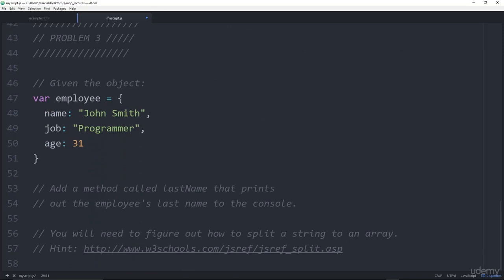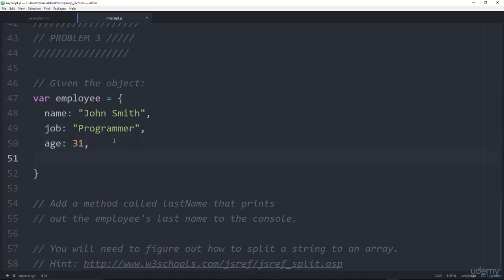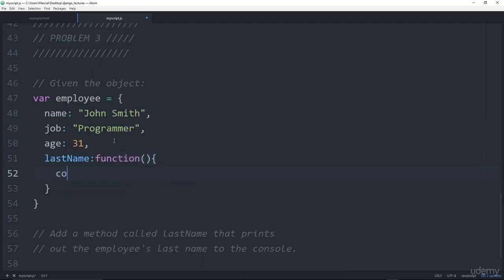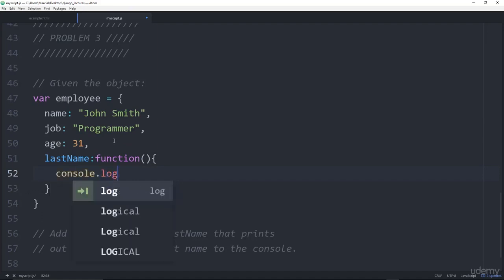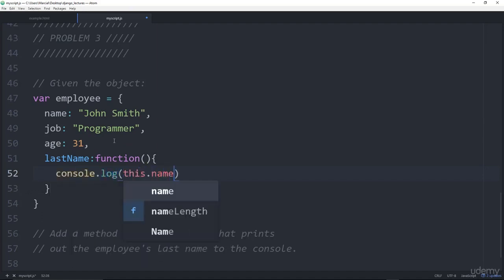All right, finally, the last problem, problem number 3, which was add a method called lastName that prints out the employee's last name to the console. This one was a little bit trickier because you had to figure out how to split a string to an array in order to just grab this right here. Let's show you how we can do that, in case you weren't able to figure it out. I'll create a method called lastName, type in function, and then what I'm going to do is say console.log, and I will grab this.name,